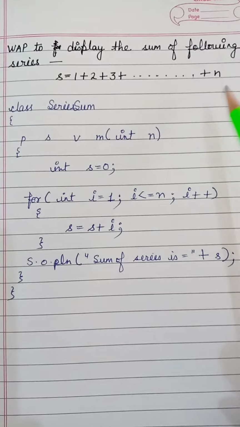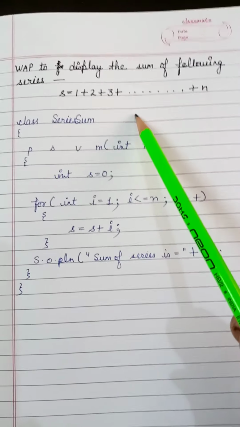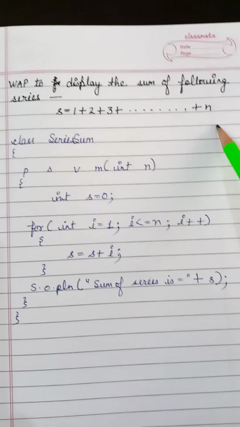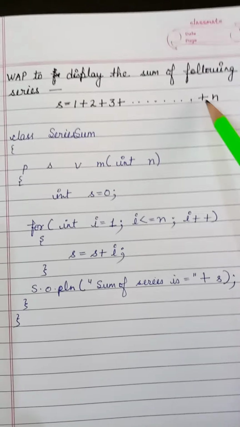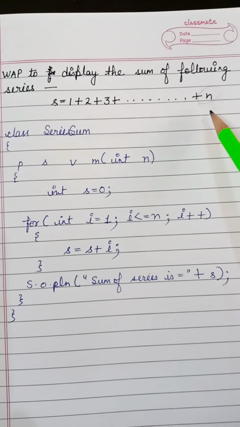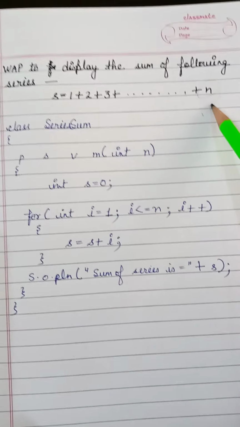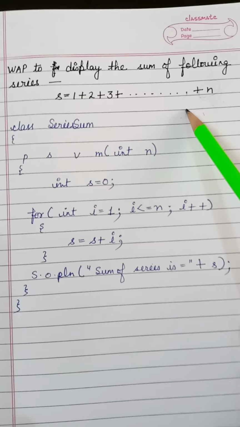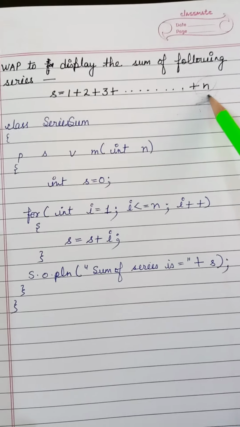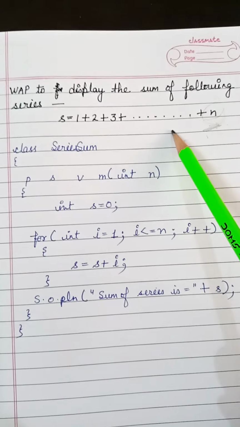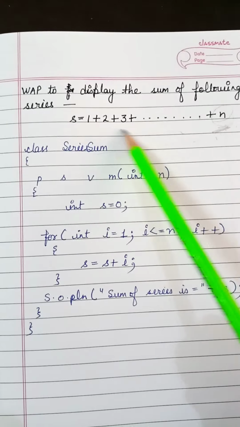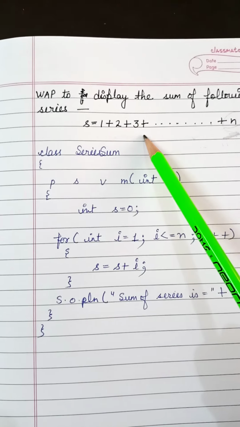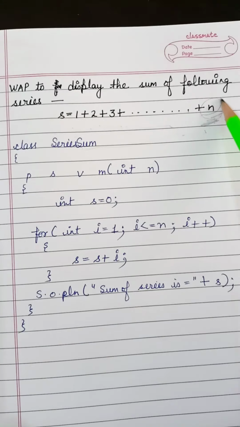Now suppose you have another program. Write a program to display the sum of series, and the series is from 1 to n terms. Here the limit is not known. If there is any variable in the series, you must know its value. If you don't have it initially, then you have to ask from the user. So 1, 2, 3 means there is a series in which we get the next number by adding 1. 1 plus 1, 2, 2 plus 1, 3. But till n terms, so what is the value of n?